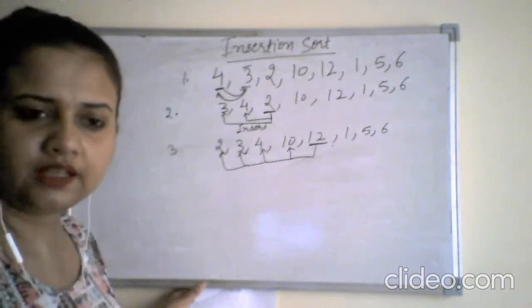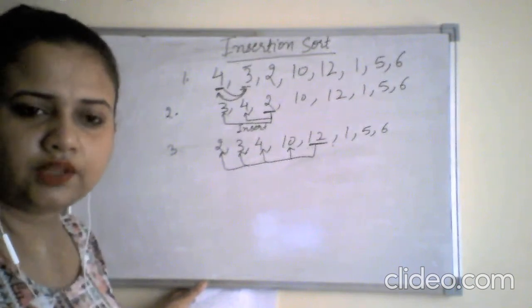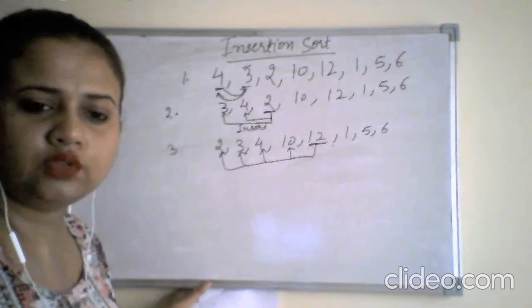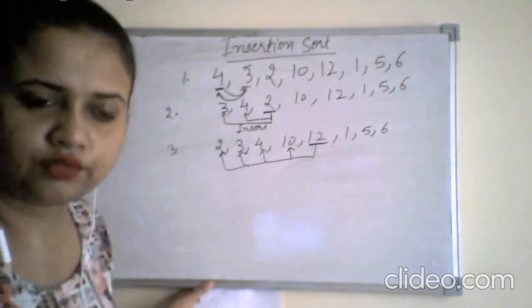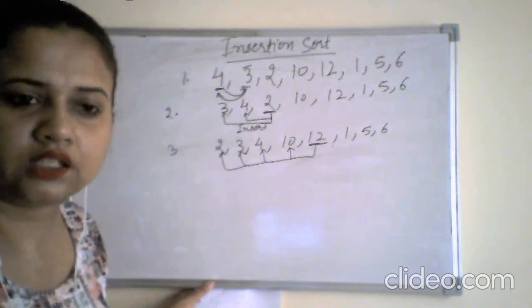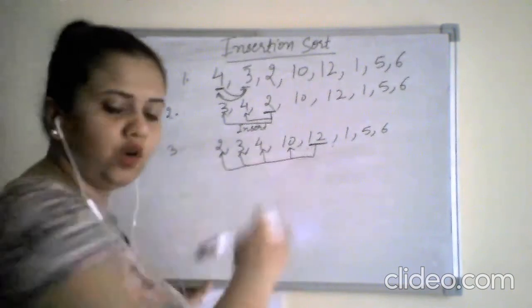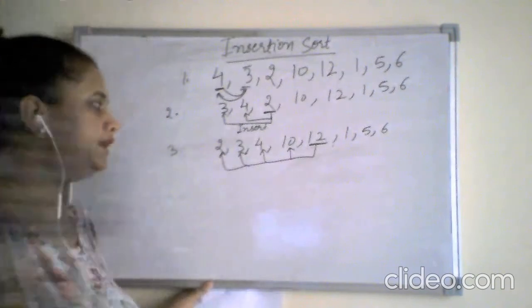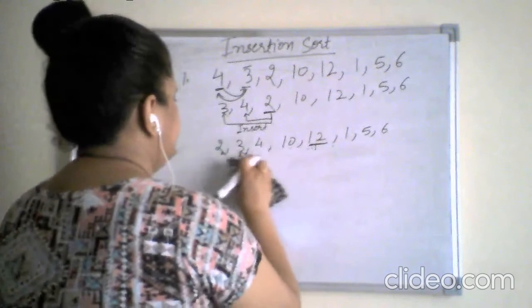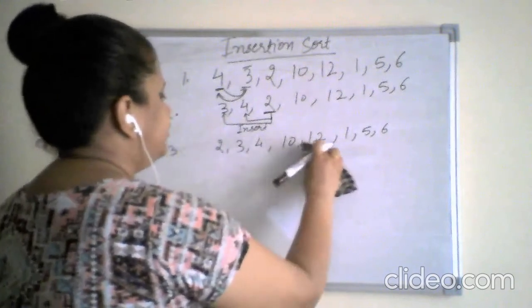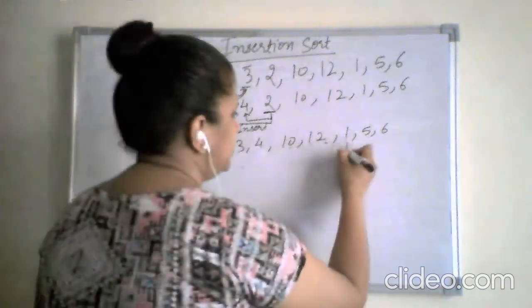So what will happen in that case? Whenever the data element we are trying to compare with the other data elements is greater than the other elements, then nothing will happen in that case. The order of my list will remain the same. Now after I am done with the comparison of 12, my pointer will now move to